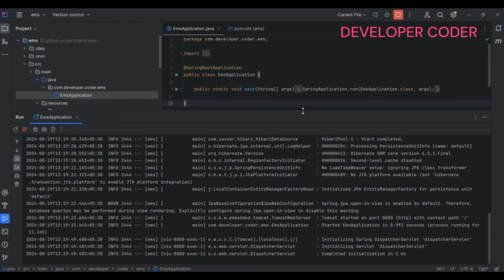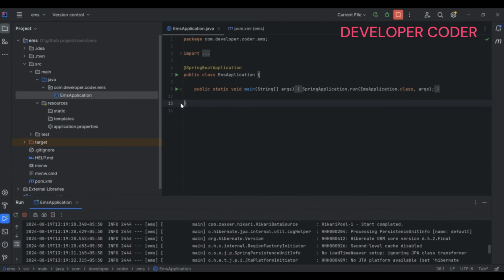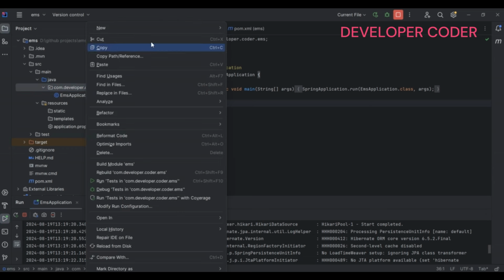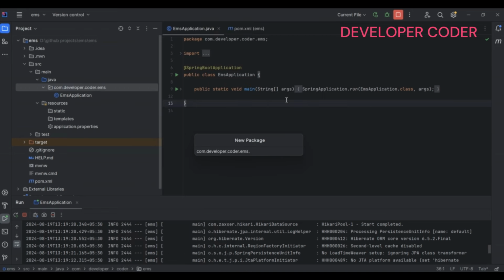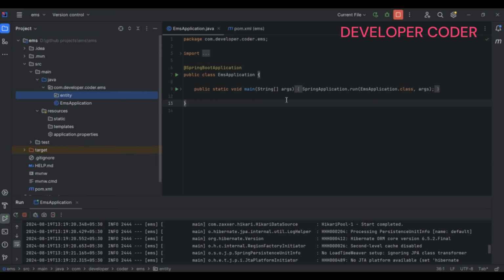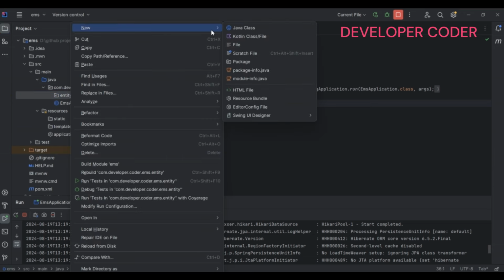Now after that, what we need to do here is create the entities, repository, and service. This is best practice. So, entity, what is entity? An entity is just going to represent a table in your database. Inside this package, I'm going to create a new package and name it entity. Inside this entity package I'm going to create a new